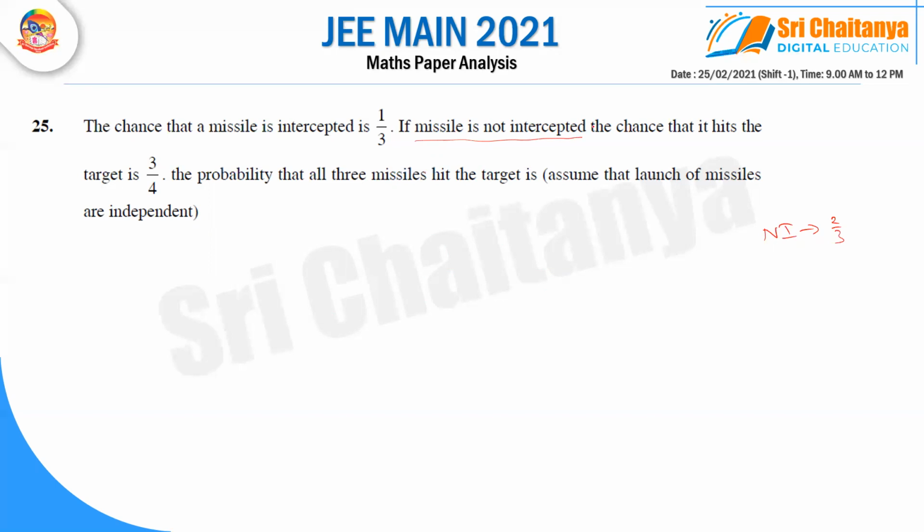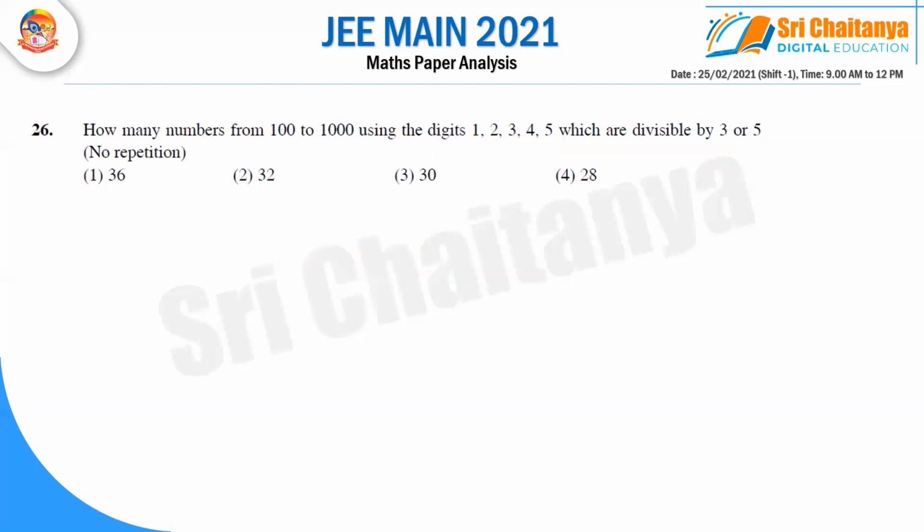So here there are two steps. One step is it should not be intercepted, and second step is it should hit the target. So this is my first step. It hits the target. This is my second step. And the same thing should apply for all the three. And in the question, they clearly gave independent. So independent means P of A intersection B intersection C will be P of A into P of B into P of C. So what will I get? First step is missile is not intercepted. Probability is 2 by 3 into it should hit the target correctly, so 3 by 4. In that way, we are going to get it for 3 times. So I will be getting the answer as 1 by 8, which is nothing but 0.125.